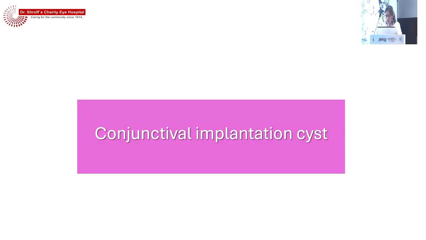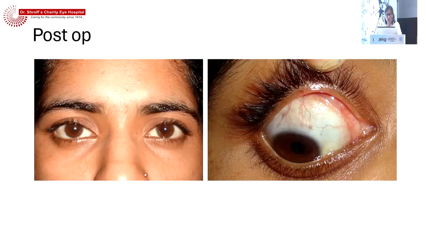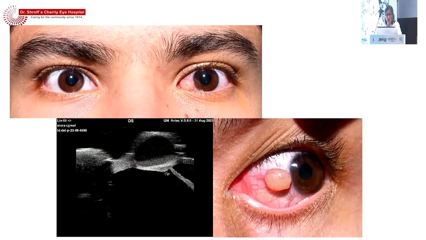So these are again the implantation cysts, mostly seen in the fornix, but sometimes they can be seen in other locations also. So this is the postoperative picture of the same patient. This was post-excision. But really you can have a bulbar conjunctival implantation cyst also. This was a young child, in fact an early teenager. He has had this lesion since early childhood, since birth as per the mother, but it has increased in size recently, and that's why they have come, because the cosmesis was a concern, and of course the ocular surface tear film